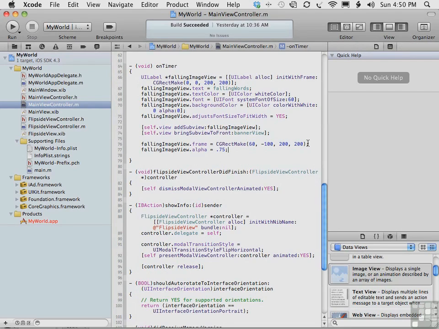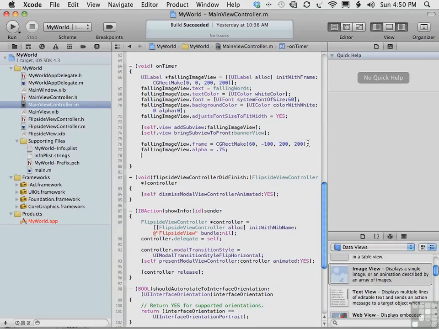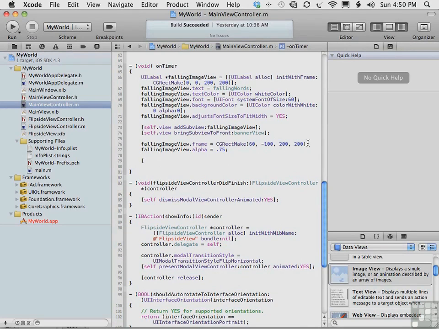Now the next thing we're going to do in the onTimer method is to define the animation block. We're actually going to start that here with a UIView. The UIView class defines a rectangular area on the screen and the interfaces for managing the content in that area. And at runtime, a view object handles the rendering of any content in its area and also handles any interactions